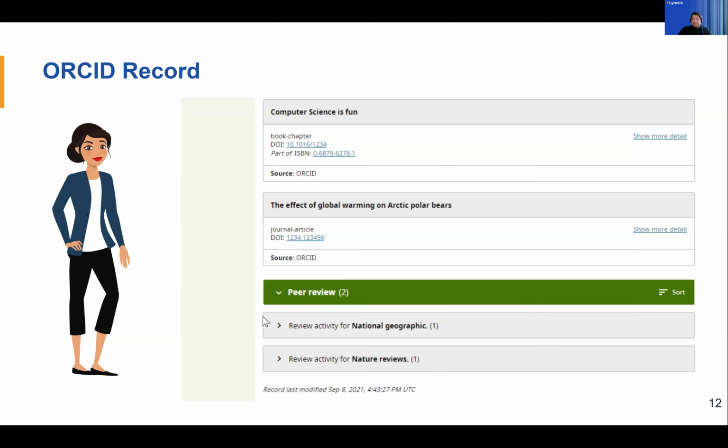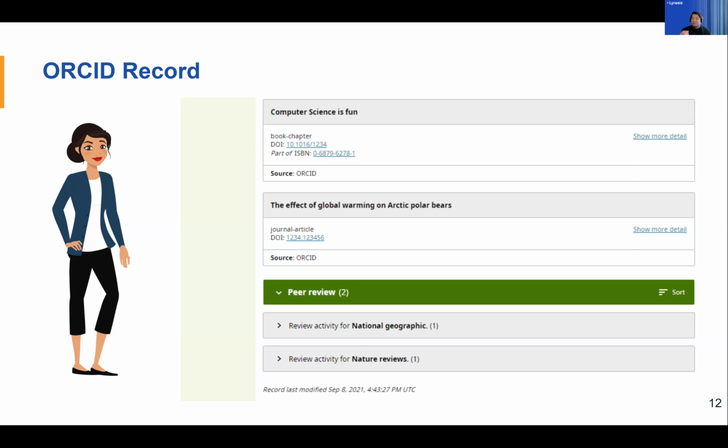You will also have, and publishers have this ability if they are connecting to ORCID with an integration, the publishers are able to write peer review activities. So if you are a peer reviewer for a journal, for example, and that publisher is pushing that information to somebody's ORCID record, they could say, so and so is a peer reviewer of this journal. So that's a really good way to show the world that you are involved in this journal or in this field of studies and that you are peer reviewing this journal.